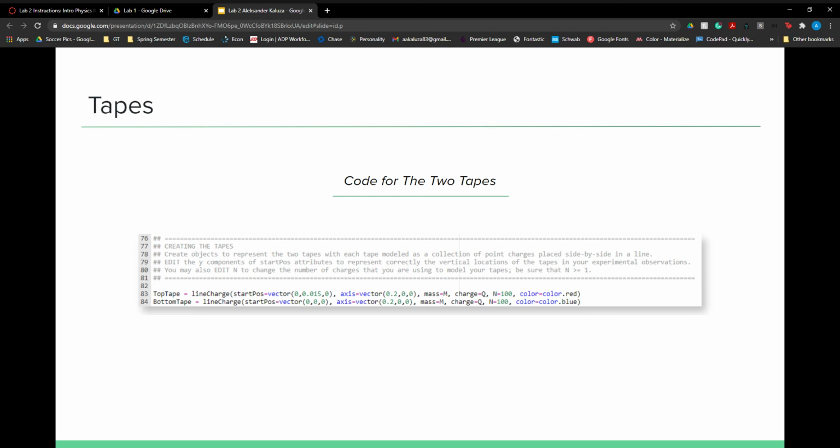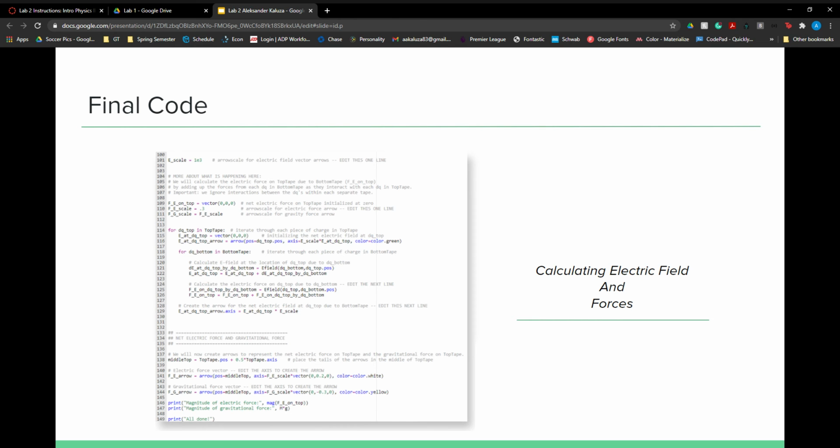And then I changed the n in both tapes here to 100 in the hopes that I would be able to get a more accurate result from this model. I didn't modify the colors at all. Then here in the last part of my code, we can see I changed some of the scales to make the model more visible. Here we have the nested for loop, where we are calculating the electric field due to